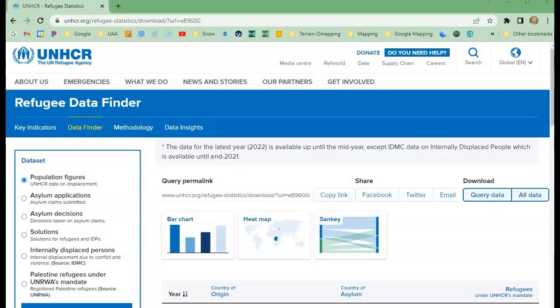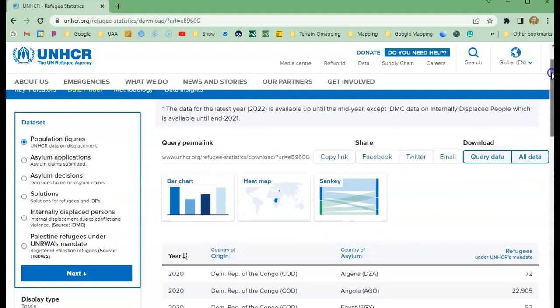Now that you are all experienced downloading relatively difficult Excel data sheets and then manipulating them, you're going to find this assignment much easier in terms of data acquisition. The challenge is going to be in doing the mapping itself. You will go to the Refugee Data Finder page, which I have given to you in the assignment, and then